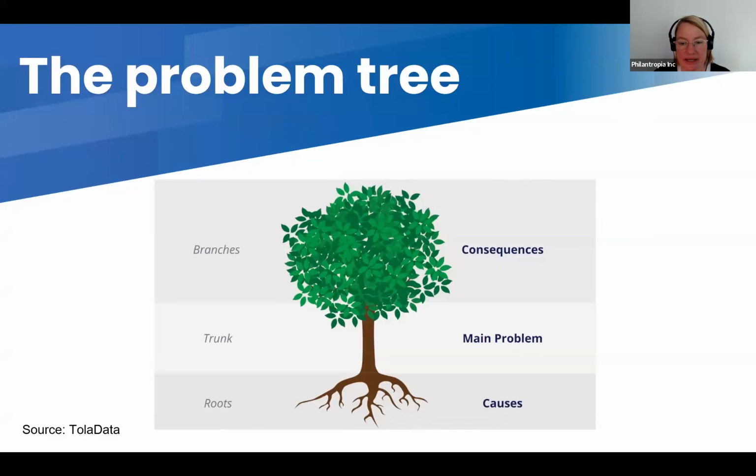So, for example, in the end we said, okay, the main problem is that kids can't swim. To make it very simple, but you can also put it on different levels. You could also say the main problem is that kids die in accidents, obviously. But it depends a little bit on where you want to put that level. Then the roots, the bottom, that's where the causes go.